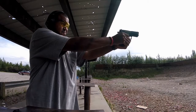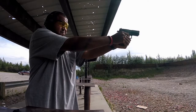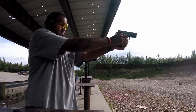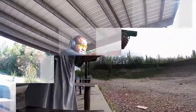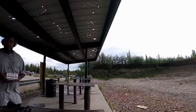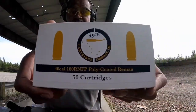Now, shooting it is a completely different story. It is a very snappy round. Look at the recoil. It's wanting to jump out of my hand. It is very hard to get back on target with a snappy round this hot. I know now why the FBI went back to 9mm from .40 Smith & Wesson, because 9mm shoots relatively flat in comparison. And here's that ammunition, .40 caliber,